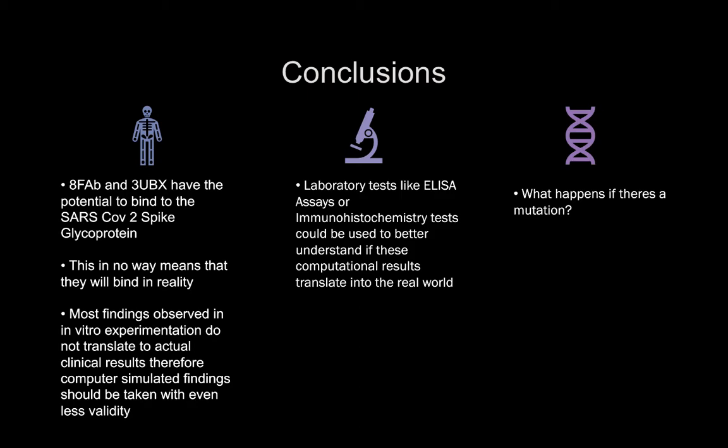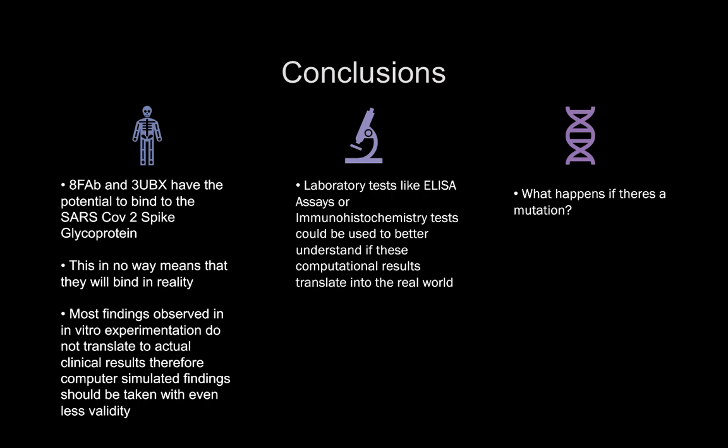The tools that we used are pretty accurate, but the novelty of this could also have made them less accurate. We won't know until we do some sort of laboratory test, like an ELISA, say, or immunohistochemistry test, to really understand that. Unfortunately, we can't do that now because of the contagious nature of the virus, but that is something